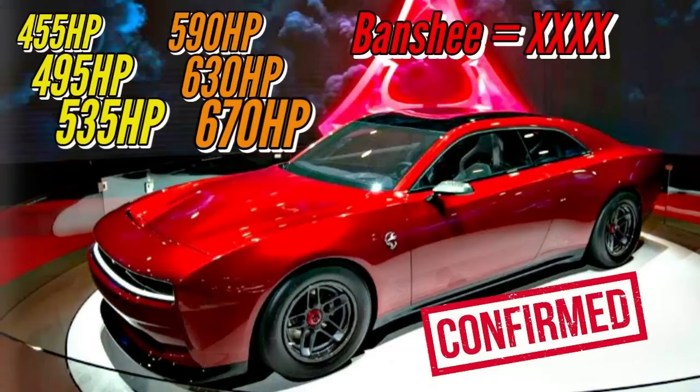Stage 2 would give you an additional 80 horsepower, and so forth and so on. And it has been speculated, of course, on the price. I think they're going to be right around $50,000. I've seen multiple articles talk about the base price on the Daytona will be right around 50. For that second tier option, it's going to be right around 60, and some have speculated around 90,000 for the